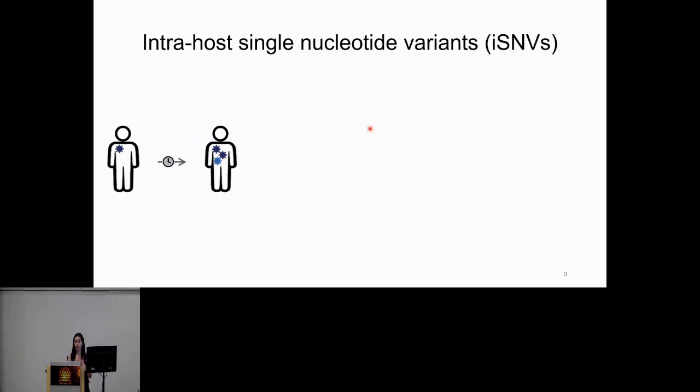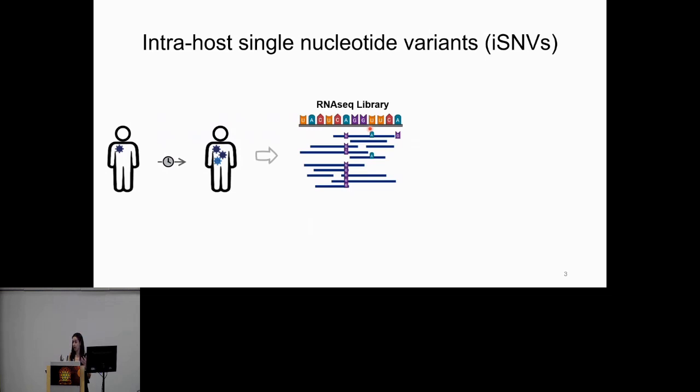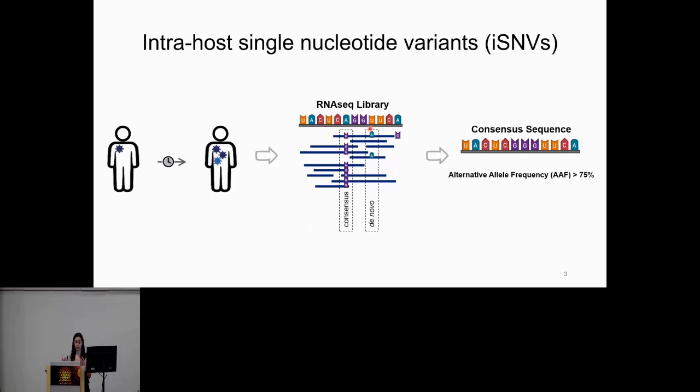For example, across the world and across time, these infections were collected and RNA-seq libraries were generated representing these infections. These RNA-seq libraries will contain two types of mutations: consensus mutations, which are mutations that define these lineages and will be in consensus sequences. A consensus sequence is a sequence that summarizes the RNA-seq library. We also will find de novo mutations. These are the new mutations that happen during the infections, and these mutations are not represented in these consensus sequences, however, are important to understand the intra-host evolution of viruses. Fortunately, these raw datasets are available through the NCBI database,